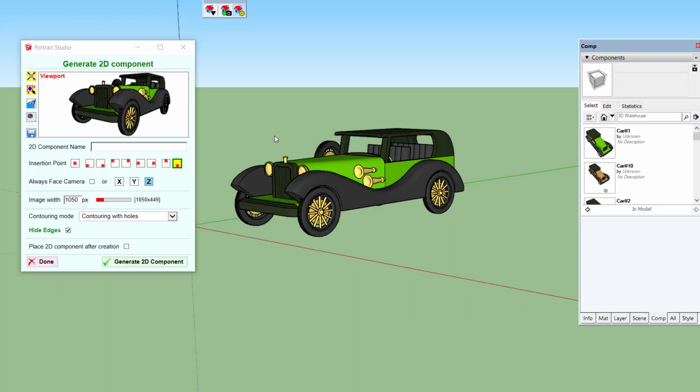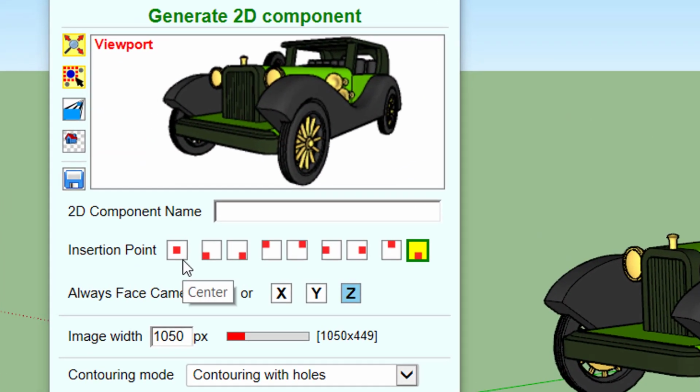For convenience, you have the choice of the insertion point, which can be the center of the 2D component or one of the corners or a middle segment.